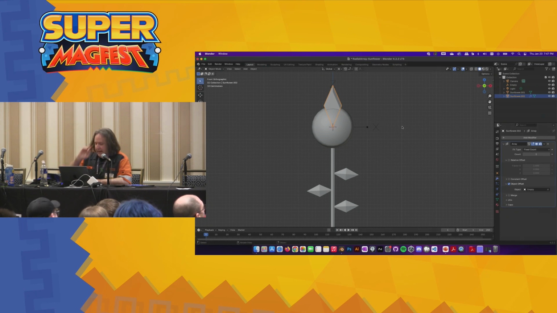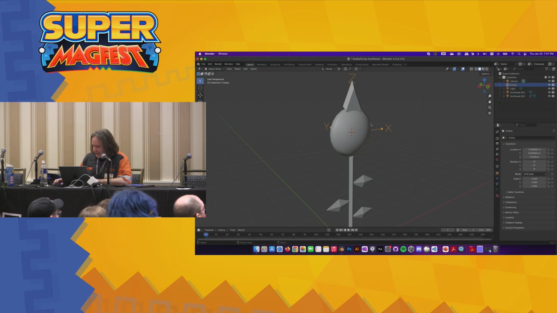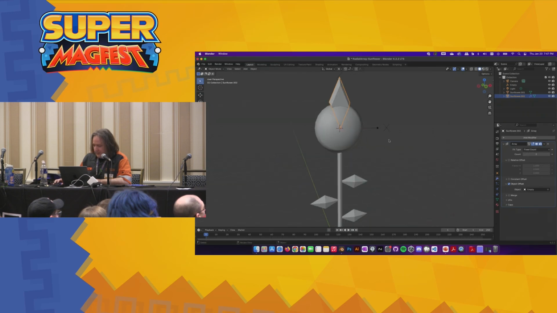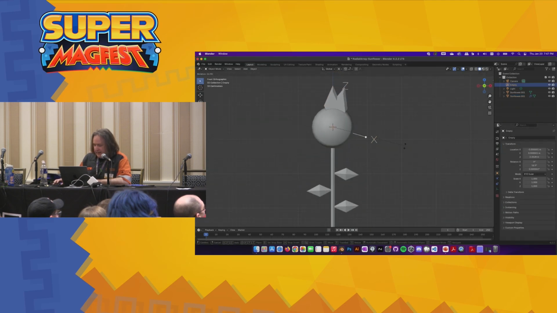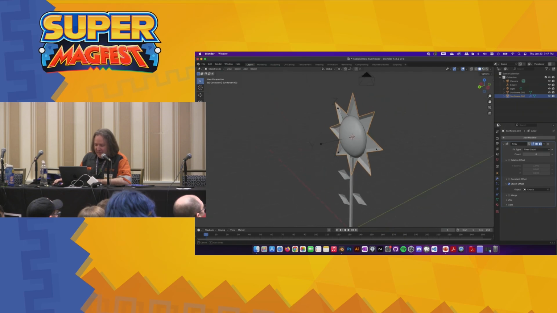Doesn't look like anything happened because the thing's in the same spot, but as I start to rotate this, if I've done this correctly, it should duplicate as the rotation of that empty moves. So now I'm rotating that thing 45 degrees, and it knows to turn it 45 degrees. A nice reason to do it this way is now I can tell it to go ahead and make 8 of these, and I've made my sunflower. Well, I've made half of my sunflower.